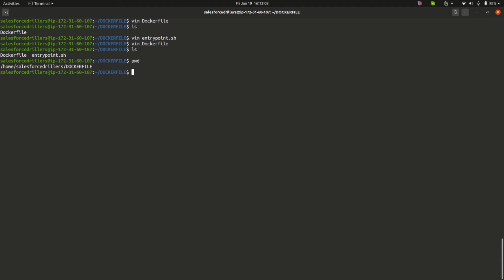So we will write sudo docker build -t, where -t stands for tagging, that is, with what name you want to create this image.